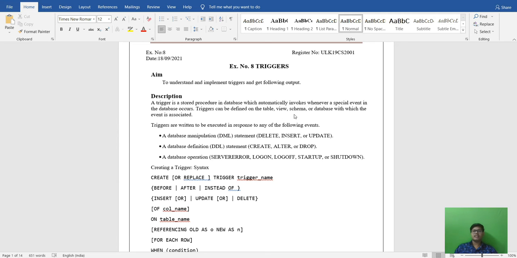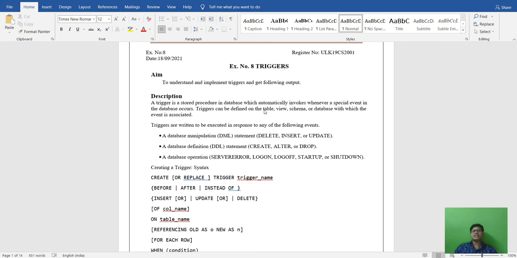In other words, as an example, if you are playing cricket and someone hits a shot that comes to your side, when the ball comes, automatically your hands go upward and you catch the ball. That event that occurs automatically in your hands is known as a trigger.